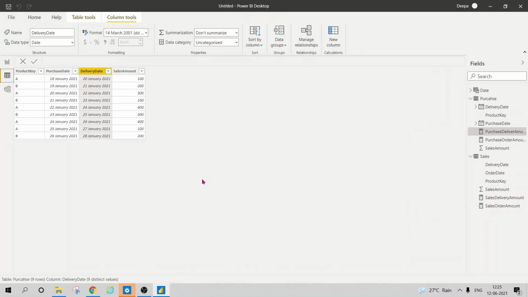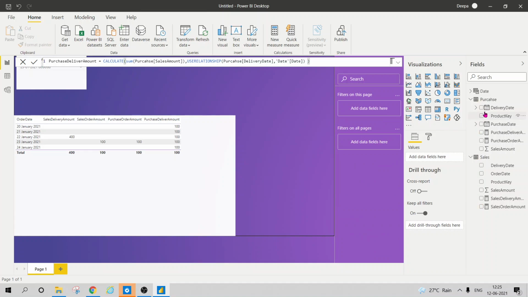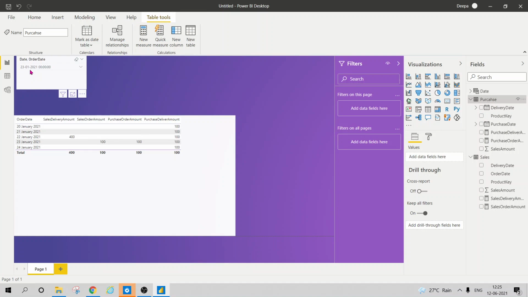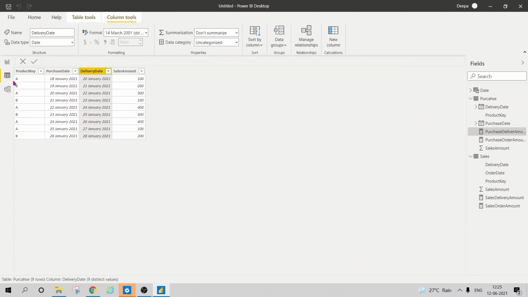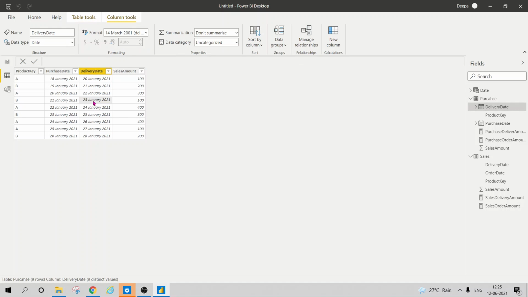We can verify it as well. We have used 23rd of January, so let's verify it. For 23rd January we are in the purchase table. Let's verify what we have for 23rd January. In 23rd January we have 100, so that's what we are getting.